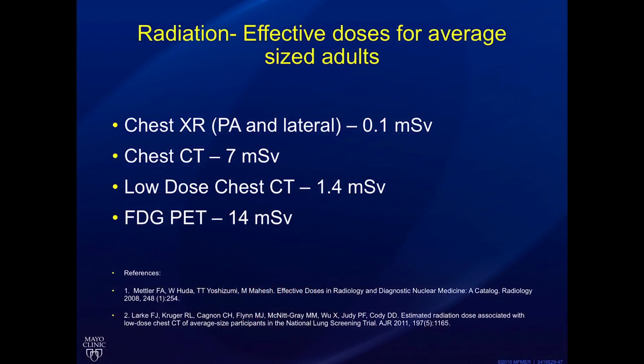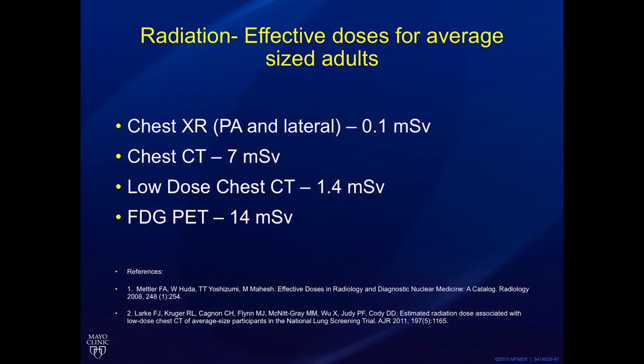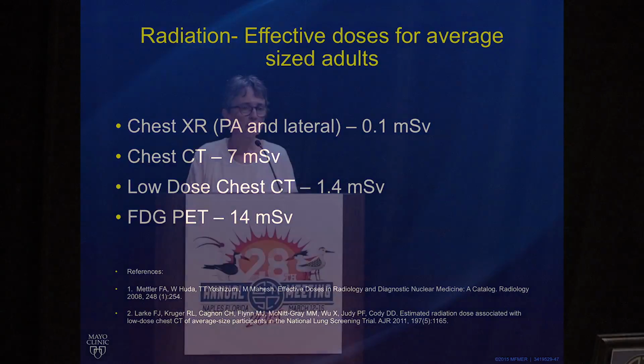But then our physicists really worked, and we're lucky with the lungs because you can get the dose really low and still see pulmonary nodules. So our dose is pretty darn low. It's 1.4 millisieverts for our low-dose chest CT. That's without contrast. We just say this is not for the mediastinum, it's not for the chest wall, it's for pulmonary nodules, but we're all happy with it. Everybody's happy with it. And then the PET scan, that's 14 millisieverts. So that is the dose of radiation, and if you get multiple PET CTs, that's a dose. So just to consider that